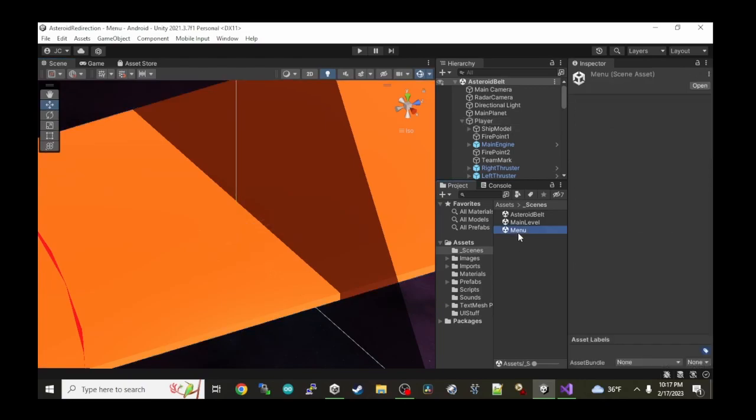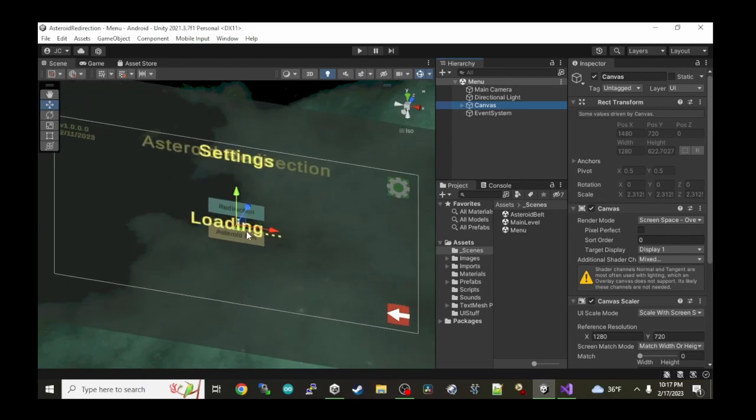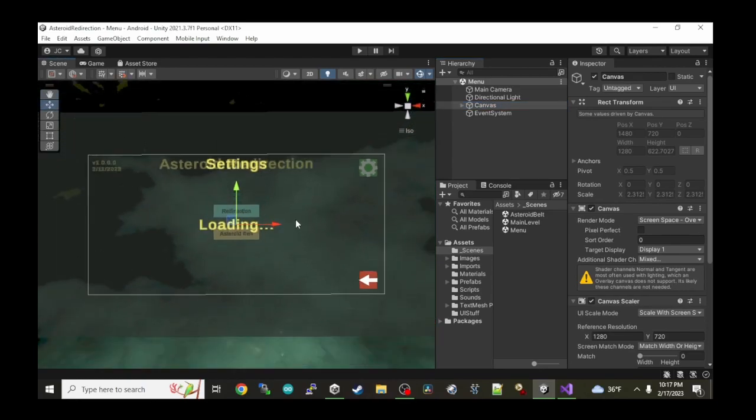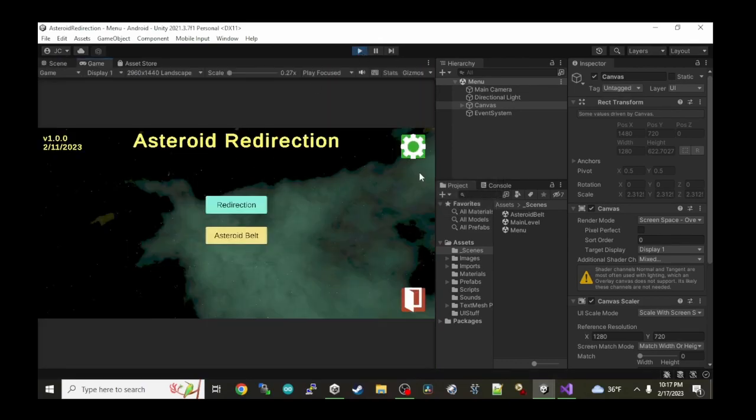And we can even go and check out some of the menus. Again, this is more the boring stuff. I don't really particularly enjoy doing menus, but you got to have menus in your game. This is the main menu object, and so I can run this, and we've got different things here. We can go to the asteroid belt or the redirection kind of main level. I've got some text over here that tells me what version it is, when the last time I worked on it was, and your typical buttons. So redirection, go there,